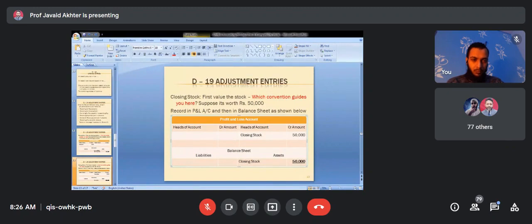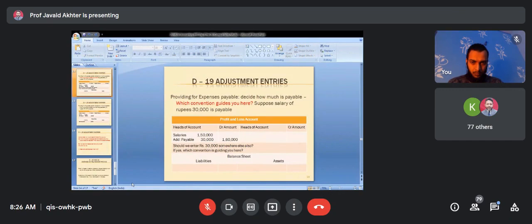In closing stock, if this part is clear, I'll move on to the next adjustment. Yes, sir. It is providing for expenses payable. First of all, we decide how much expenses are payable, and suppose salary payable is rupees 30,000. So what is salary? Expense. And what is salary payable? Liability, sir. So expenses will be shown in the profit and loss account, and salaries payable will be shown